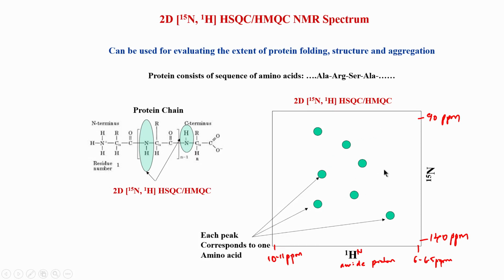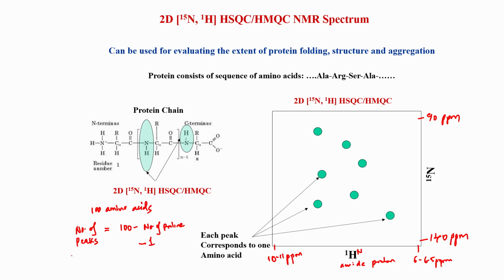So, we have to keep in mind that suppose you have 100 amino acids, you have to subtract the number of prolines and minus 1 because of the first one. So, that many number of peaks you should expect to get. Let me write it down more clearly here. Suppose you have 100 amino acids in your protein, the number of peaks in HSQC equals 100 minus the number of prolines minus 1 for the first residue.